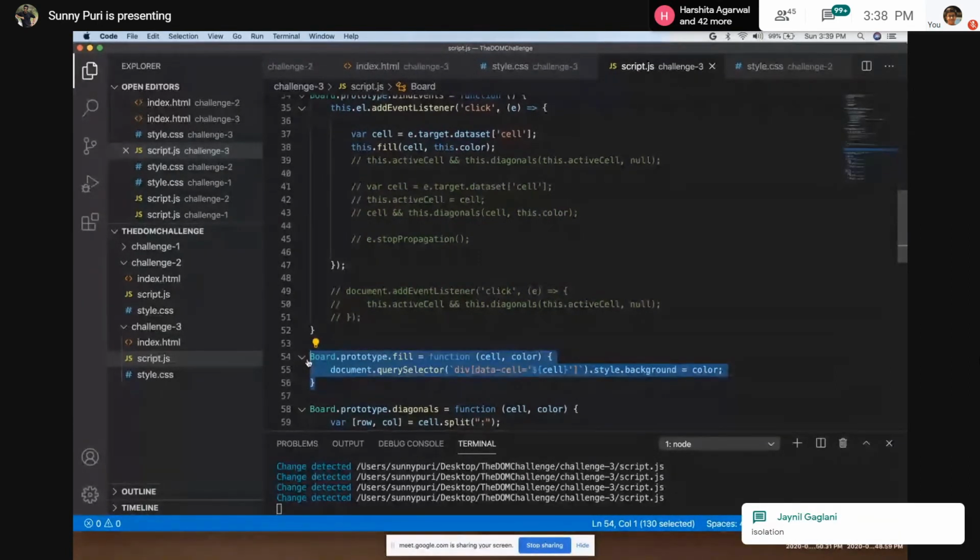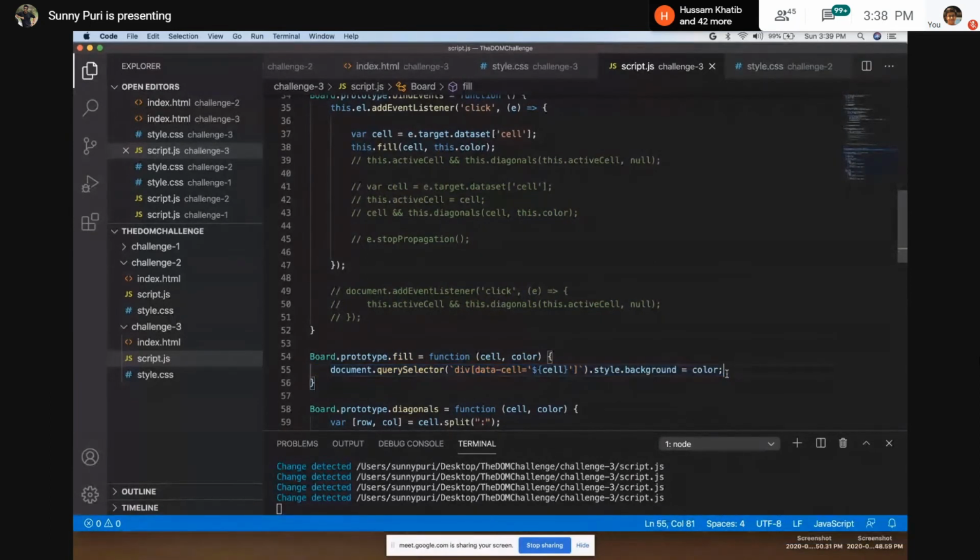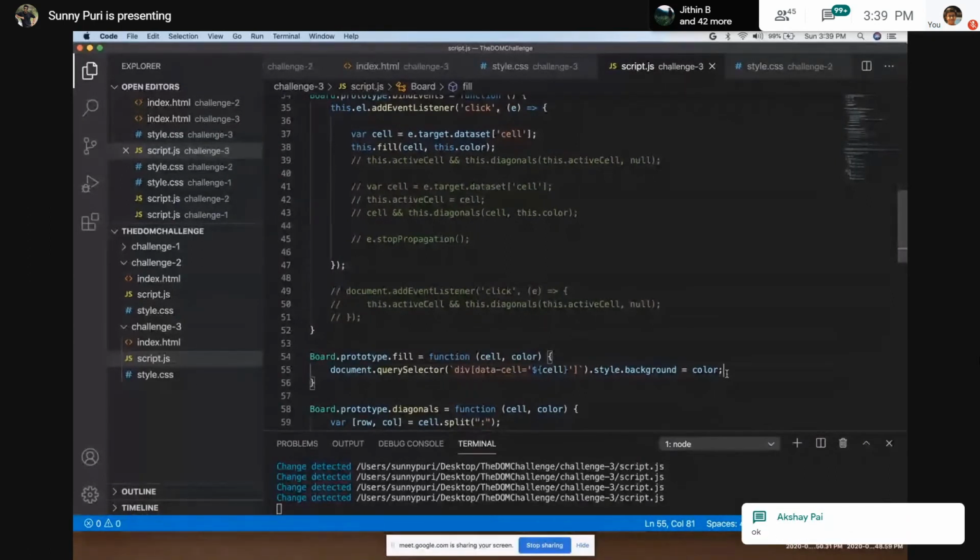You can say isolation, and readability is there. You can say pure function, though not exactly a pure function, because in a pure function the mutation is not there, Akshay. This is impacting the DOM.